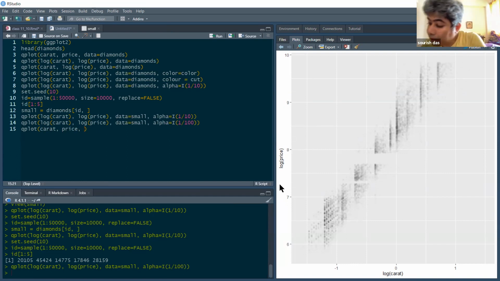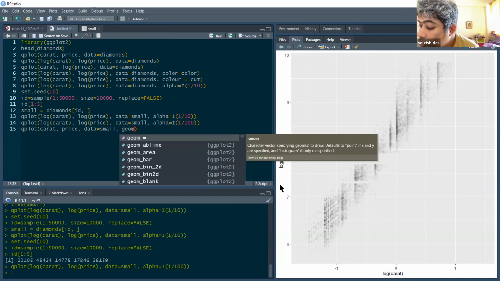And then you write data equal to small. And then there is another thing, geom. Geom stands for geometry.